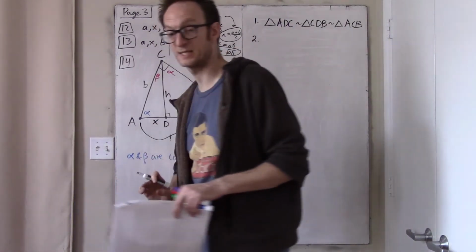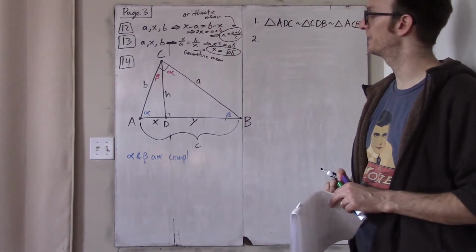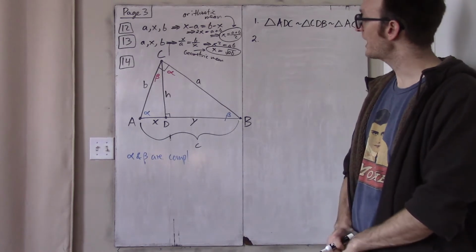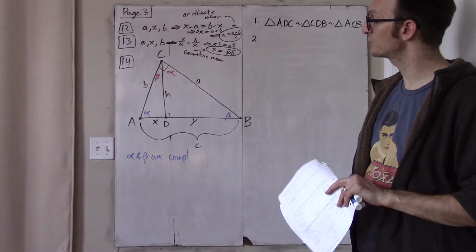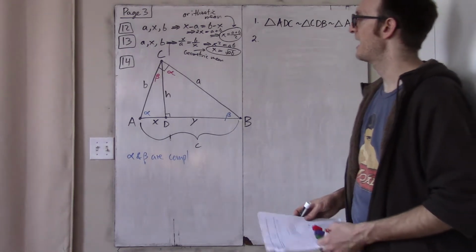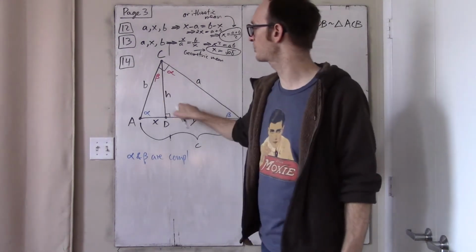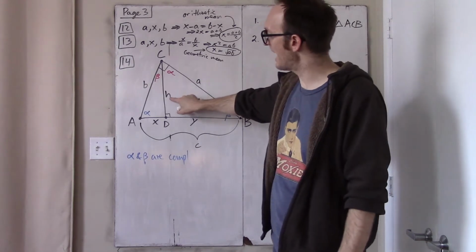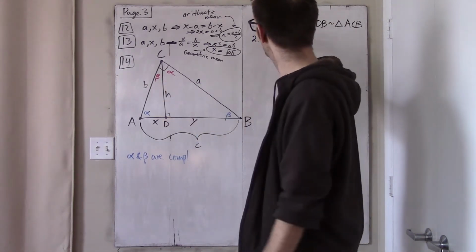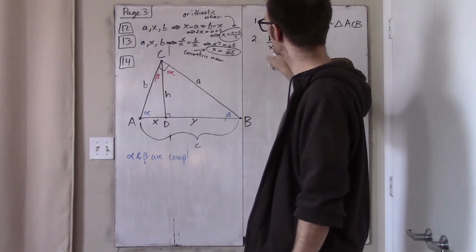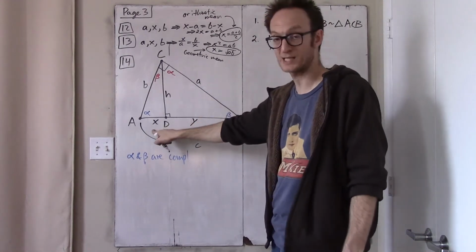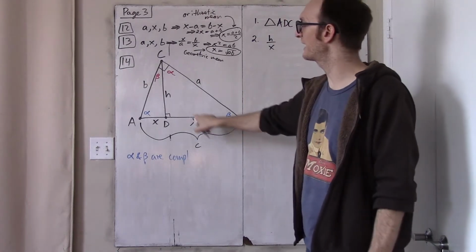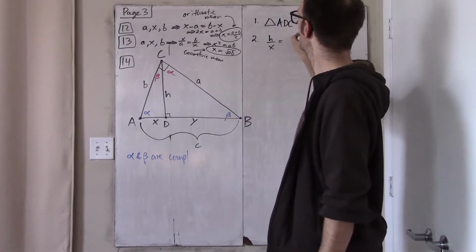They are the pieces that the hypotenuse was split into when you drop that perpendicular. Okay, so I'm looking for a relationship between h, x, and y, and I use the fact that these two triangles are similar. So I just set up a proportion. The side opposite alpha is to the side opposite beta, so h is to x, or long leg is to short leg, you might say, in the small triangle, as long leg is to short leg in the